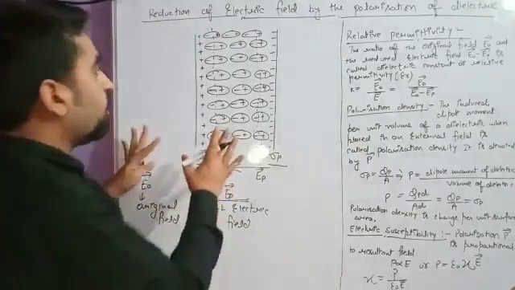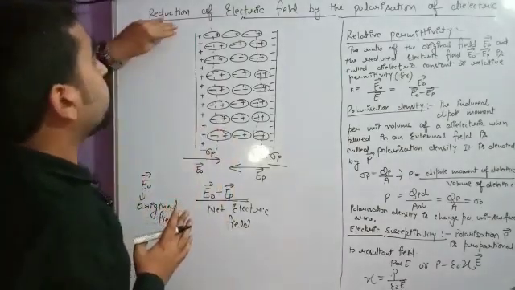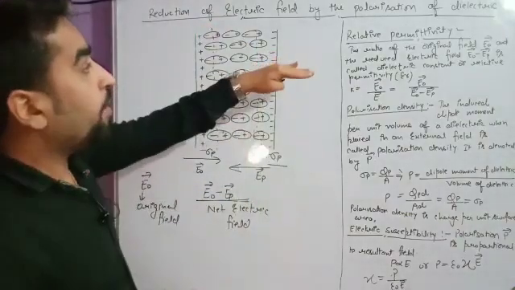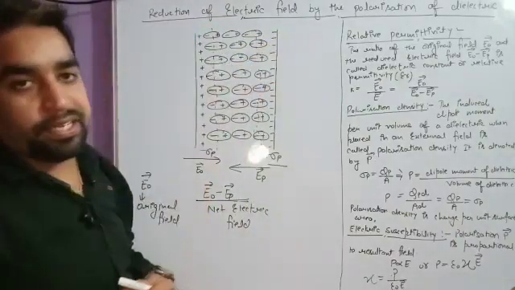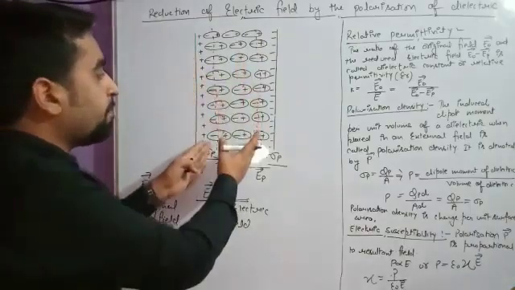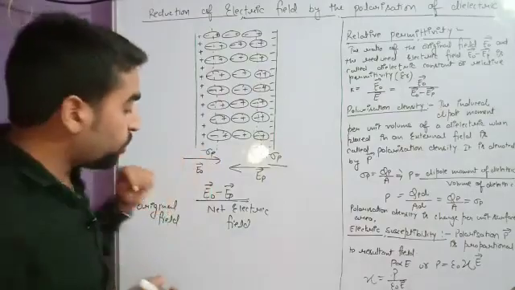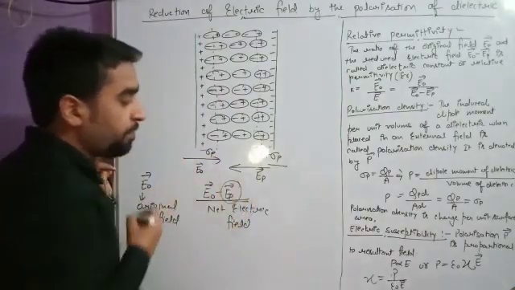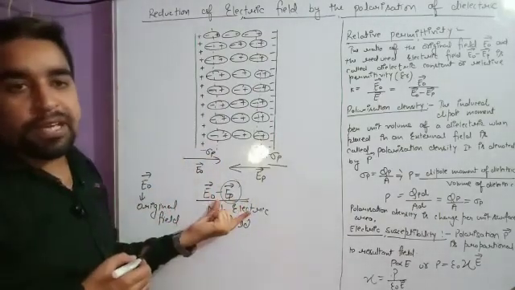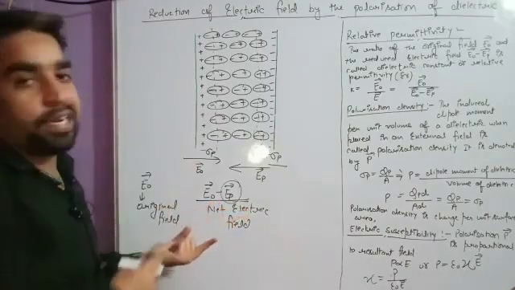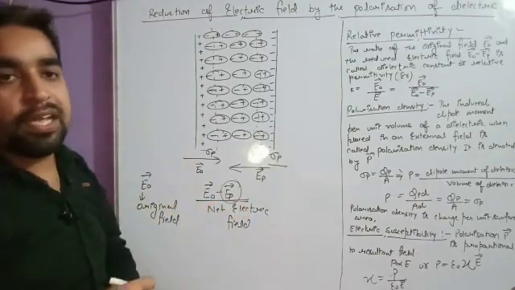So students, I hope you understood this. So we can see clearly that there is a reduction in the electric field when we polarize a dielectric. When we polarize a dielectric material, the net electric field will be reduced. How much will it be reduced? This depends on EP. The greater the value of EP, the greater the difference in the value of the electric field, or the reduction in the electric field.